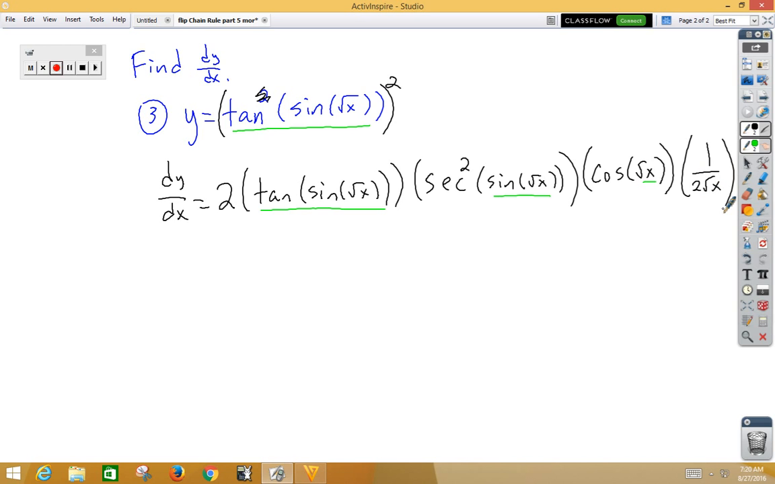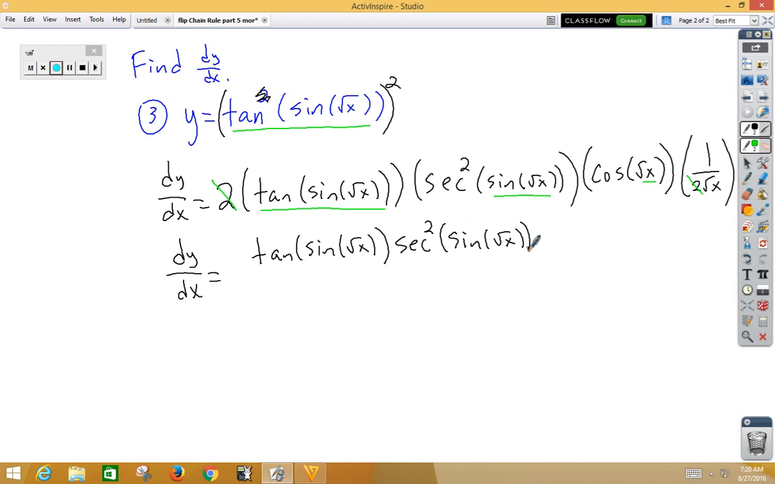We could cancel out the 2 in the front with the 2 in the back, and I would imagine that AP would write that as perhaps tangent sine of root x secant squared of sine of root x cosine of root x all over